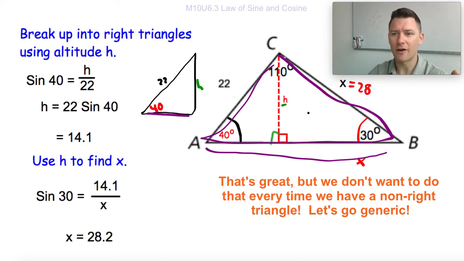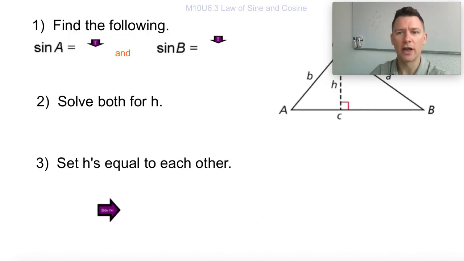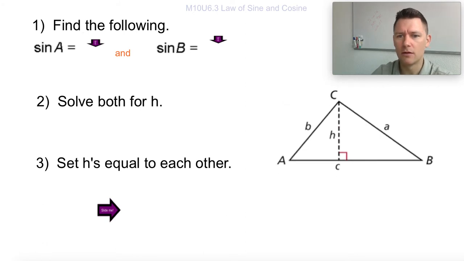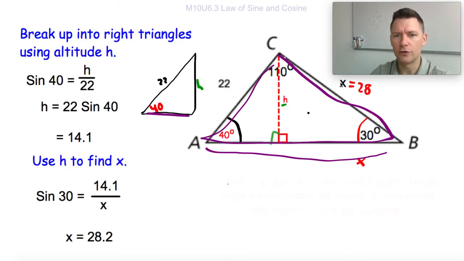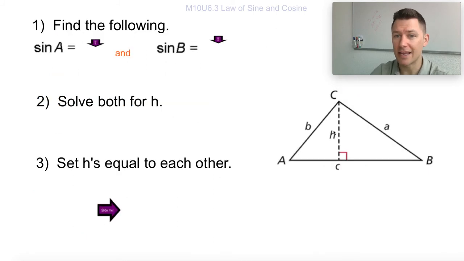So let's get our algebraic faces on, right? Algebraic time. Same sort of thing. Instead of 22 and x and numbers, same thing, but B's, A's, and C's, and H's. H is for height. Okay, so same exact thing. You don't need to know where the formula comes from. I want you to know that it doesn't come from the math gods. It's just doing this same thing that we just did, but doing it with letters. So you don't have to derive it each time, but I'd like you to know that it comes from somewhere and it's not just magic,